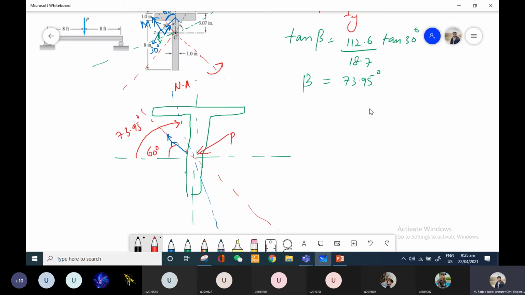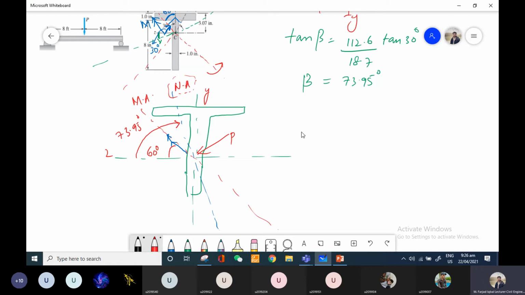Now in the case of symmetrical bending, when the loads are acting on principal axis, the moment axis and the neutral axis were the same and they were coinciding. But in this case, you can see that since there are two resultant moments acting on both y and z axis, the position of neutral axis is slightly different from the original moment axis. The reason is the same: you have load acting on two axes, due to which a resultant axis of sort will form where stresses will be zero, and we use the same condition to figure out the angle for that